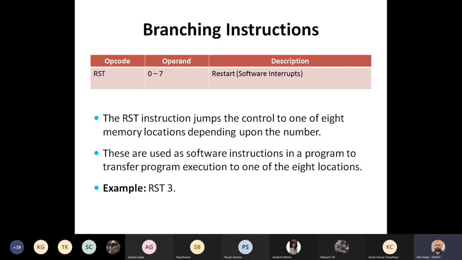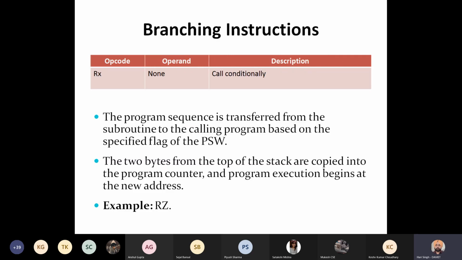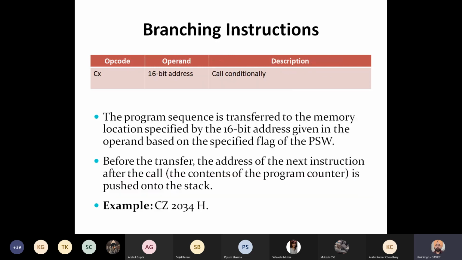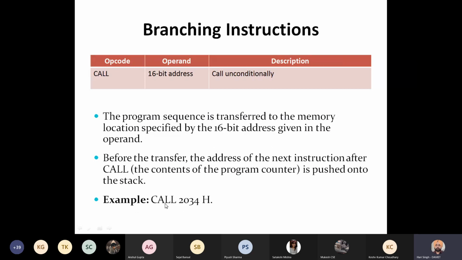But in these instructions, the target address remains fixed. As in case of call instructions, the address remains variable. For example, call 2034. Now in place of 2034, we can have say 2035, 4000, 5000. So this address is variable in case of call instruction.